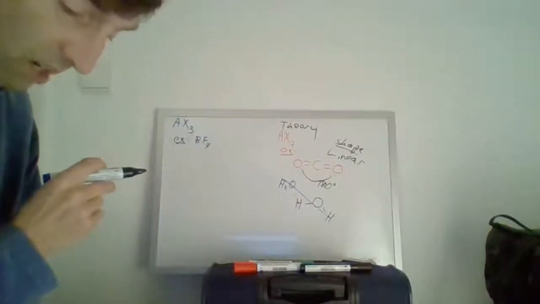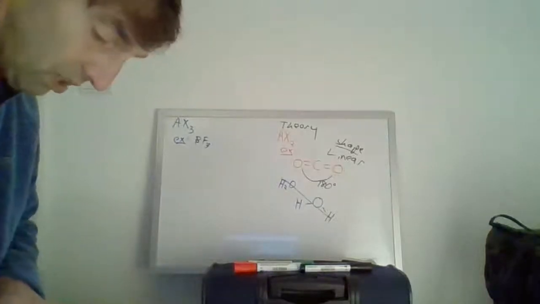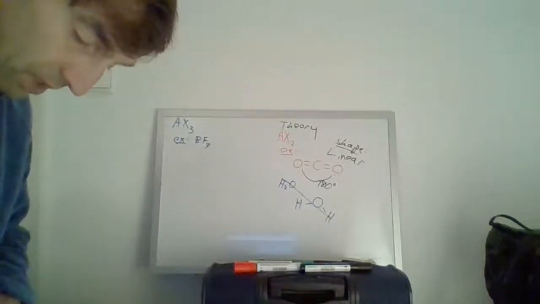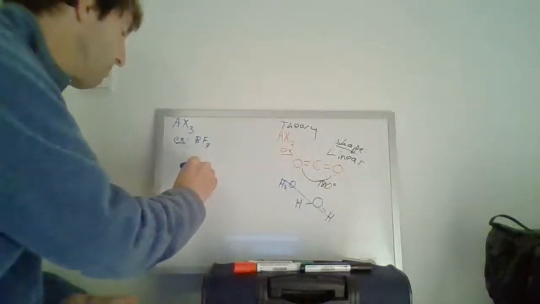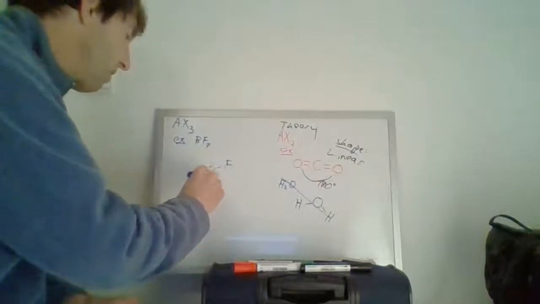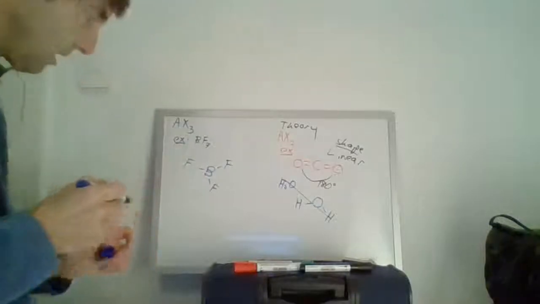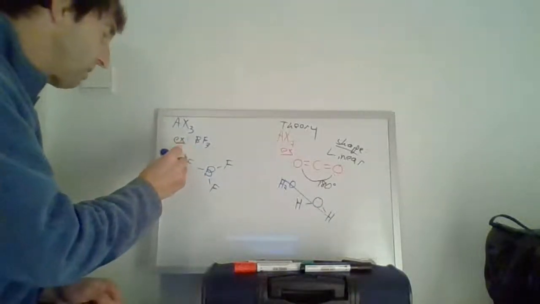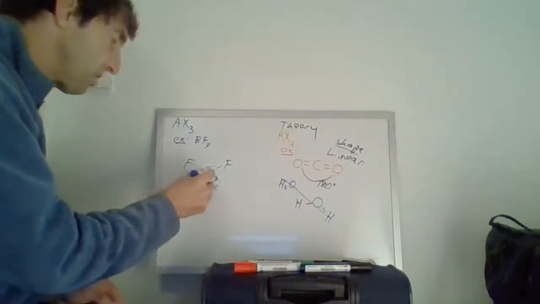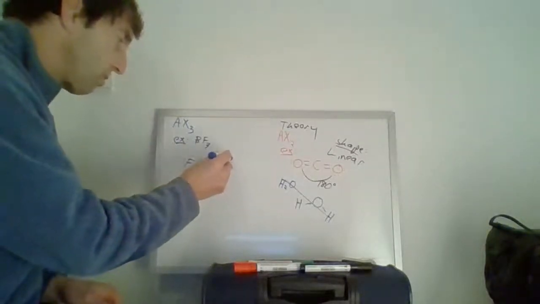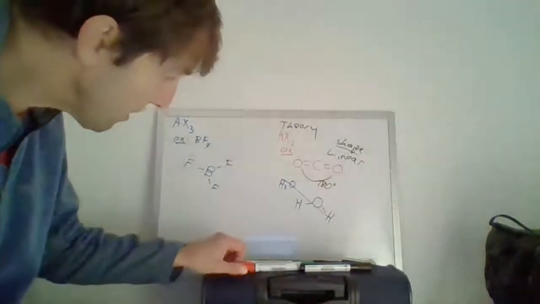Now, boron, when it's done, it doesn't really follow the octet rule all that nicely. So all it does, frankly, is bonds 3 times. B, I got an F, I got an F, and I got an F. And then I got lots of dots around the F's because they follow the octet rule. So I got 2, 4, 6 plus the bonded pair of electrons, and looking like that. So what's the deal? The deal is